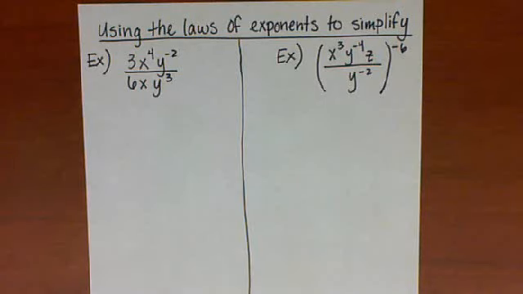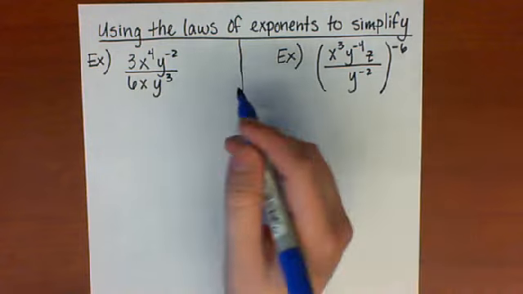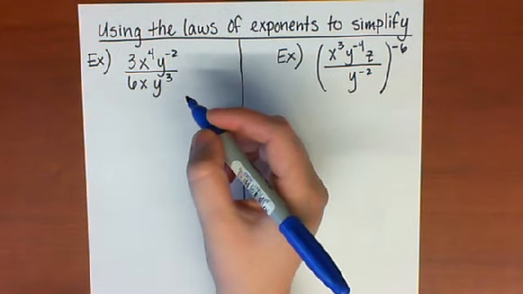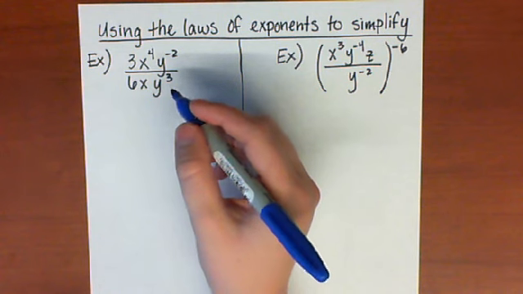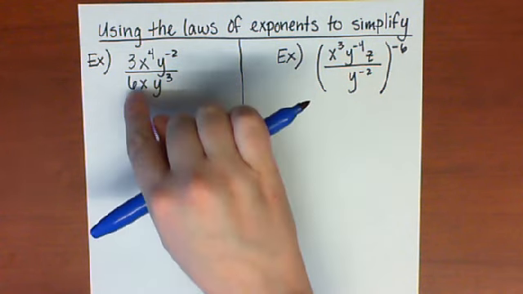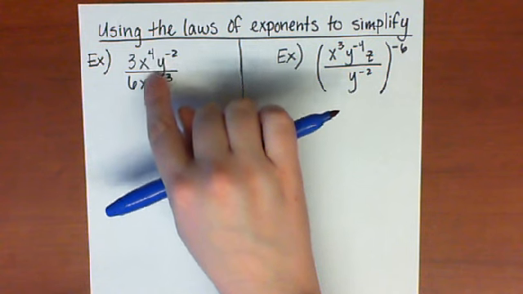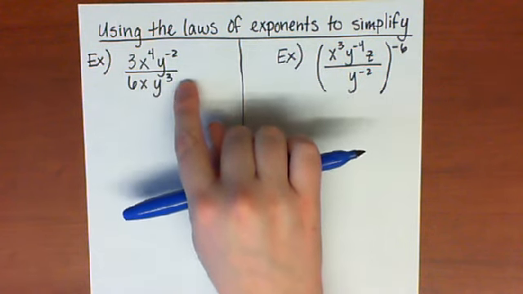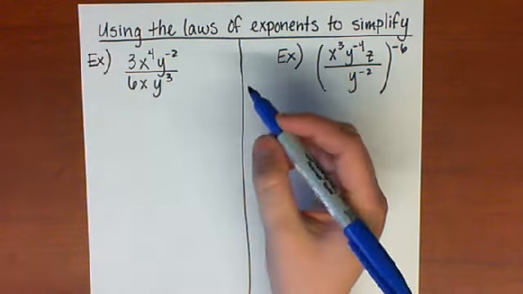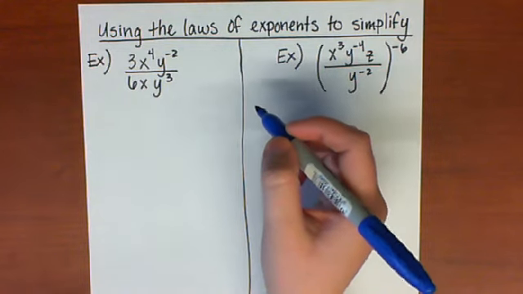Today we're going to look at simplifying expressions involving radicals. We're going to take a look at two different examples here, this one and this one. Now I'm going to consider each of these examples as several smaller problems. I'm just going to take a look at the constants together here. I'm just going to take a look here at the x variables, and then here at the y variables. So I'm going to consider this as three separate problems.